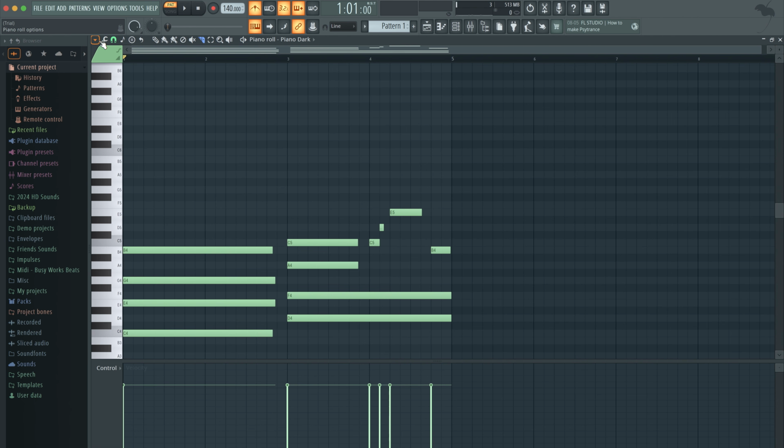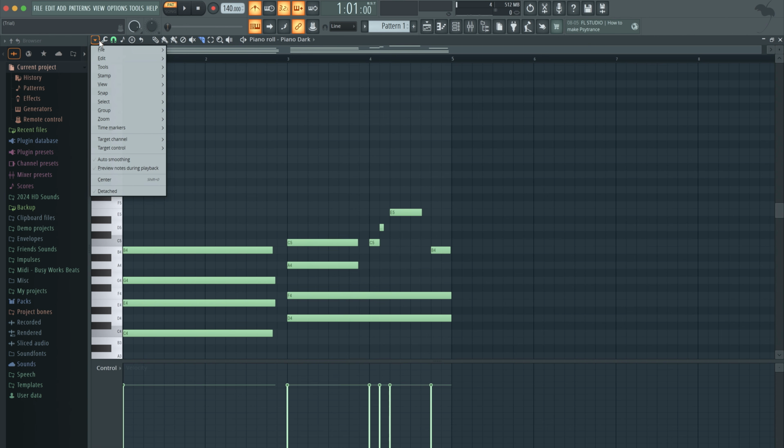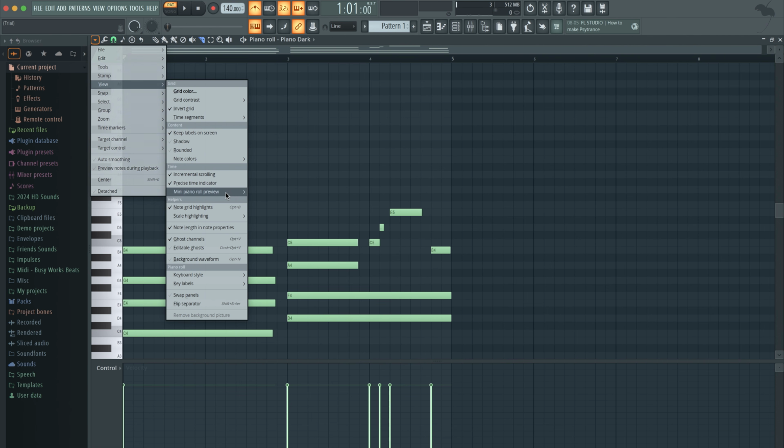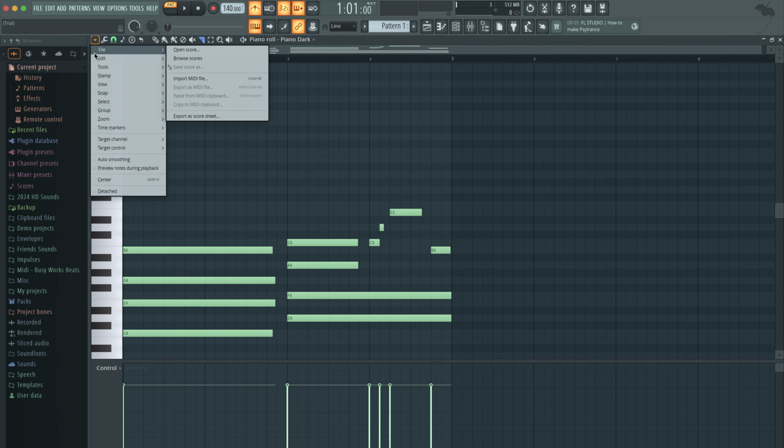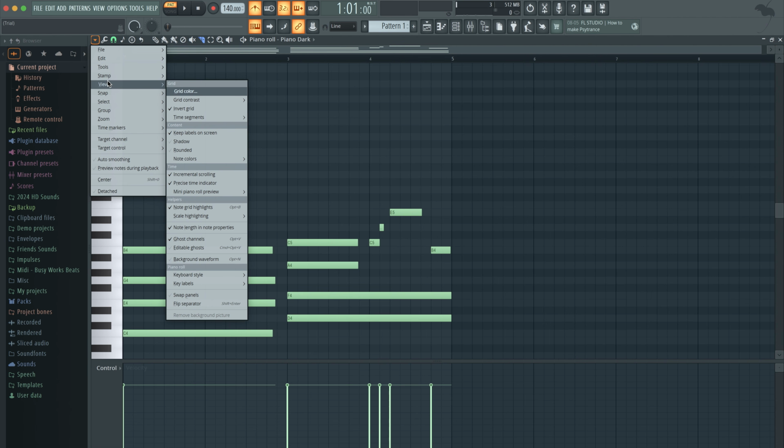Okay, now we're going to go to the settings. I'm going to show you guys some settings that I would highly recommend. So in the piano roll, this is where you would need to apply the settings. Click in here, go to View, and then we want the key labels on all notes, because by default it's like this, and you would never know what note you're playing. I hate the way it starts. It makes zero sense as a producer because everything's sideways, so it's impossible to know what you're doing. So click here, go to View, and go to Key Labels, All Notes.